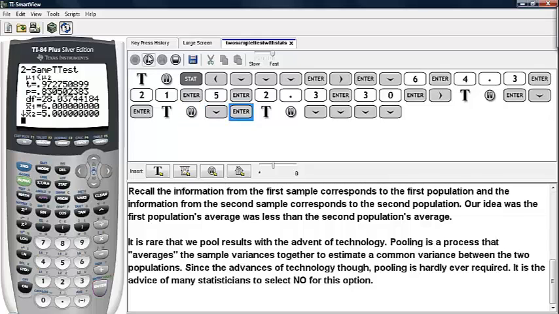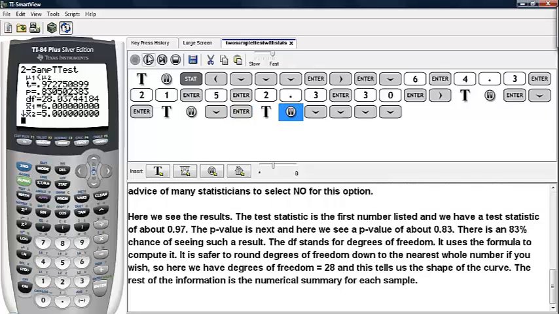So now we'll ask the calculator to calculate, and here we see the results. The first thing listed is the type of alternative we ran. In this case, again, we assumed that the mean of the first population was less than the mean of the second population. Then we have the test statistic, then the p-value, and then the degrees of freedom. And then we have the sample averages for each